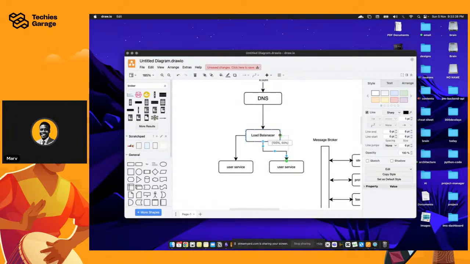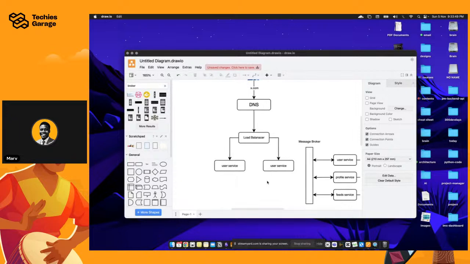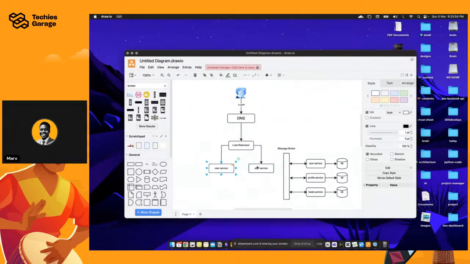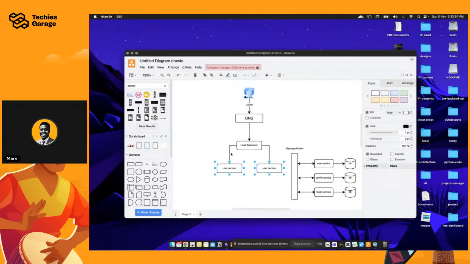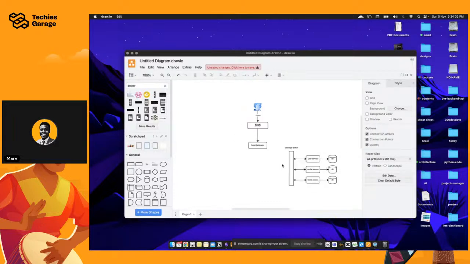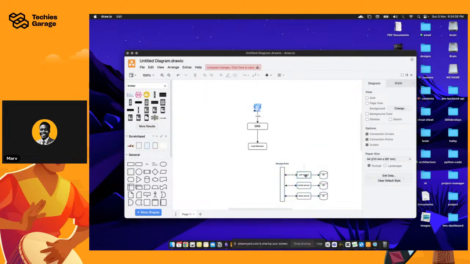But the idea is if you also have a very high traffic, then the load balancer will be able to balance the load between both services, right? So this makes sense, okay? And now we need to apply this principle to our service, right? So remember, we already have a message broker, and you want to ensure that your service is communicating with a single database, right? You have multiple instances, no doubt, but these multiple instances should be communicating with your database, right?